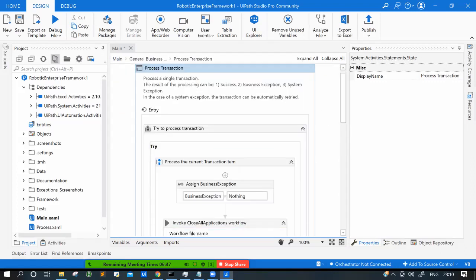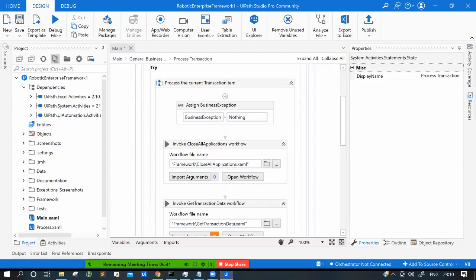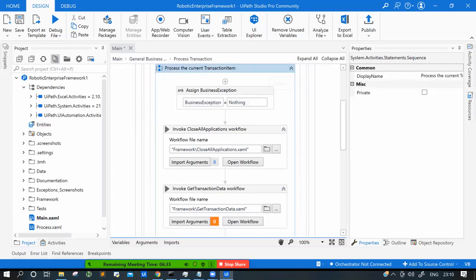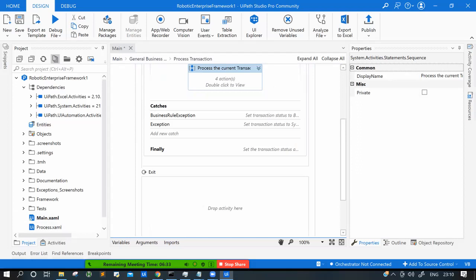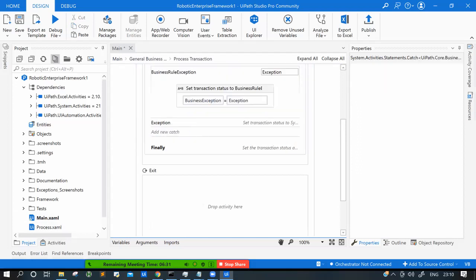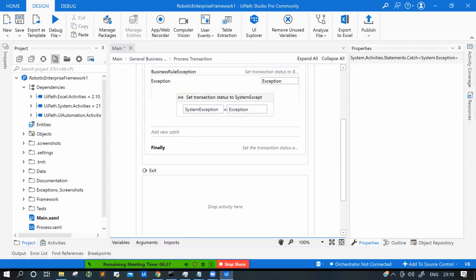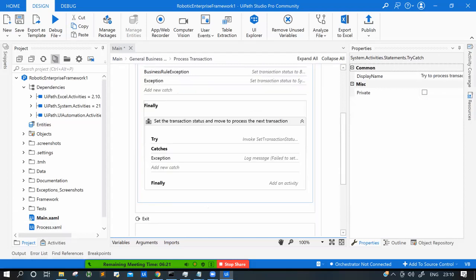As Vipul asked, when to use finally, let me give you a live example. Once your process is done, in the try catch, if any error is there, you can handle it based on that. If it is a business exception, go for a business exception. If it is a normal exception, go for an exception. And if nothing is wrong, you have to set the transaction status over the orchestrator.